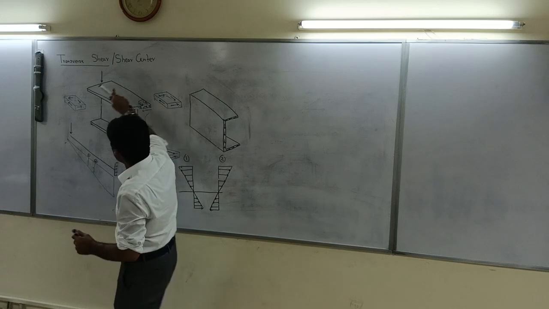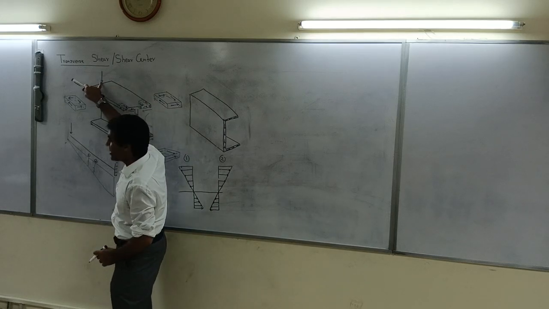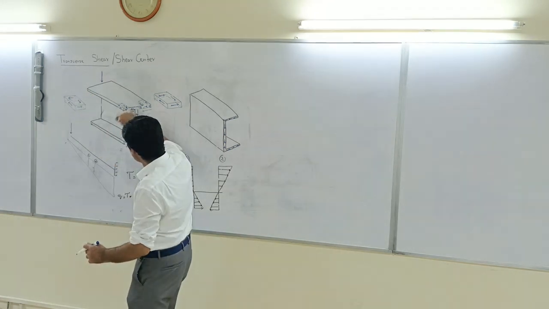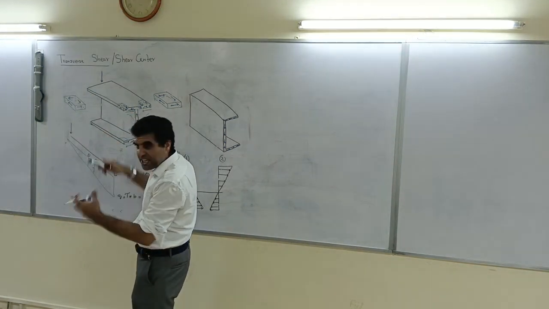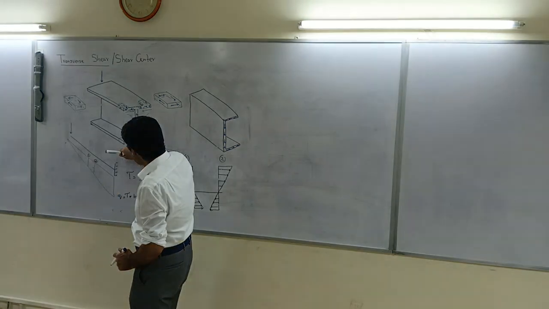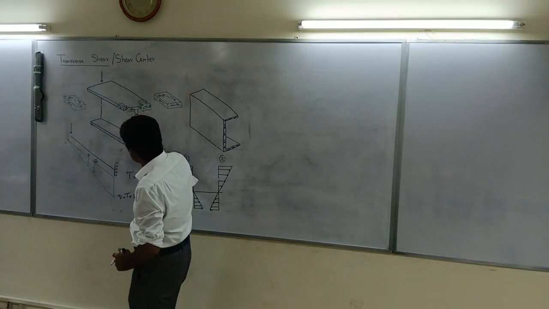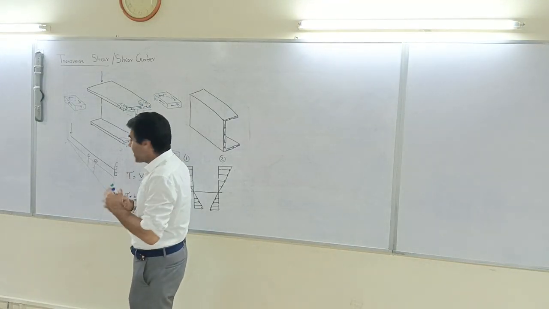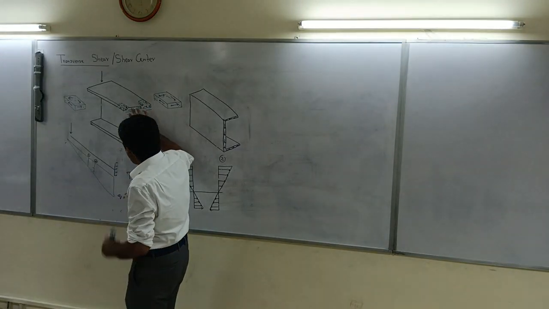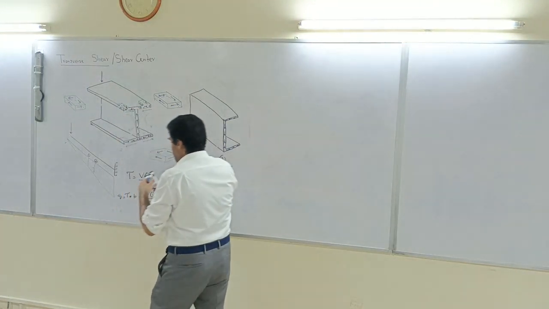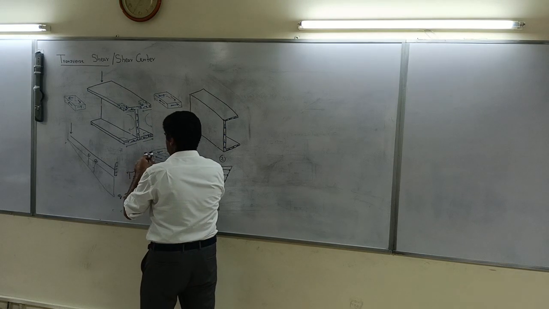This is actually dependent on whether I apply a load in this direction or apply a load in the opposite direction. Shear flow can be in any direction based on the load which I have applied. So I can have a shear flow in this direction, shear flow in that direction also. Now I'm saying that all the equilibrium conditions are satisfied. What are the equilibrium conditions? Summation of forces